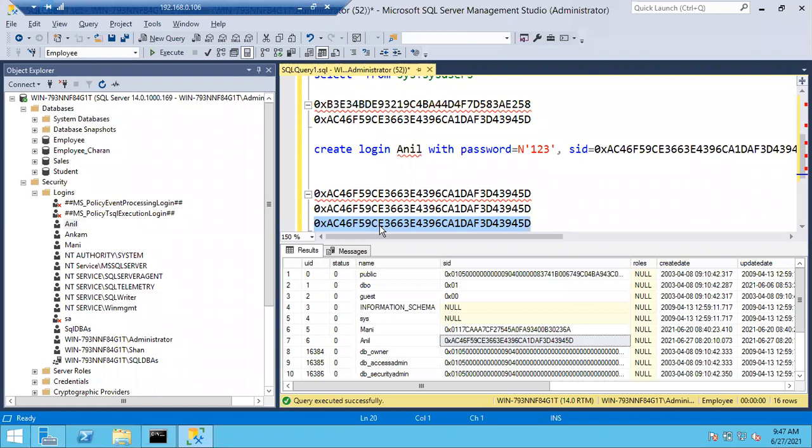In the mirroring concept and the Always On concept, we have to create logins like this only in the DR servers. At the time of discussing mirroring and Always On, we'll discuss these things. As of now, you can fix the orphan user issue using the first method, create login with a specific SID, so that it will fix it in case this user is a member of 1 lakh databases.